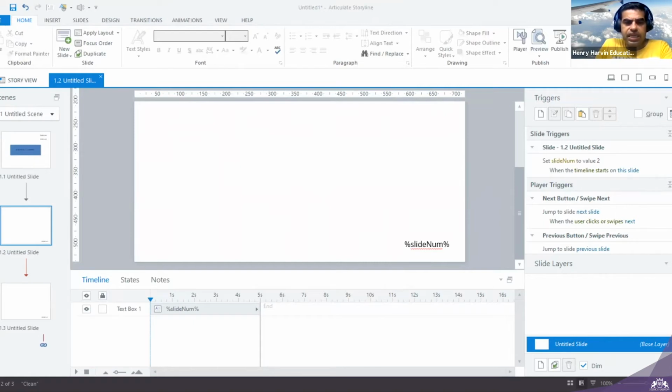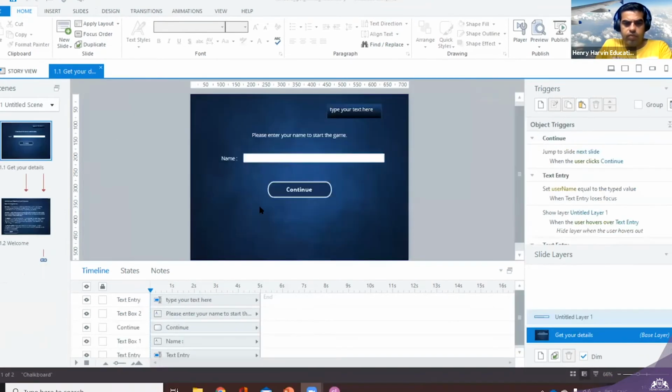Let me know, can you see this blue color screen? No, one sec, because I haven't shared the full thing. So I have to share it once again. Can you see my blue screen now?